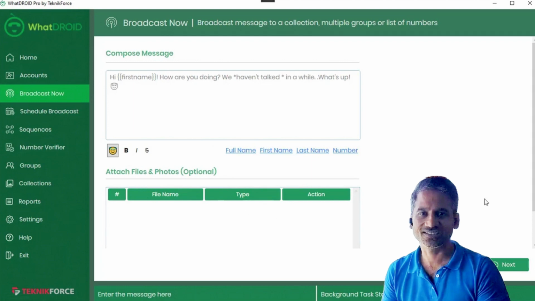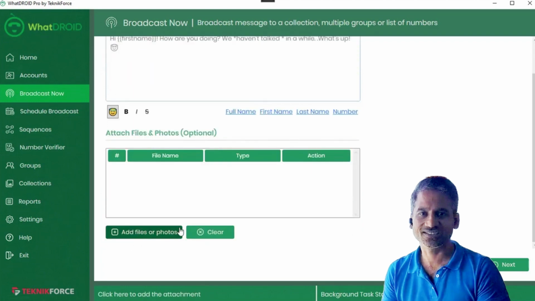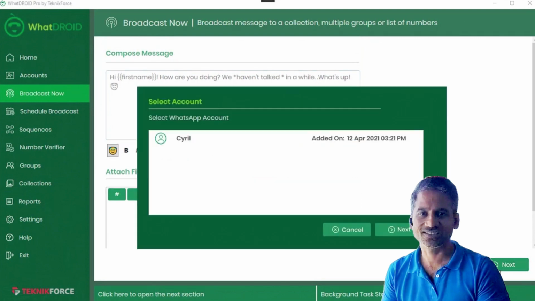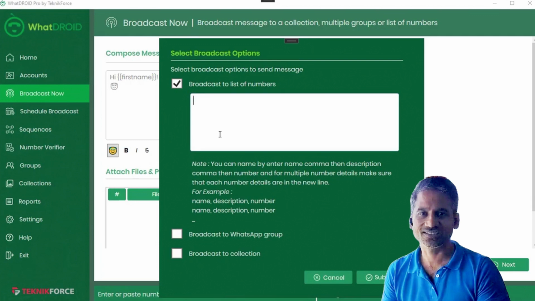You can even have attachments. So if you want to attach any image or photograph or whatever file you want, like a PDF, you can do that over here. Next, just select the account you want to use. So I was selecting this account, and then you can put in the numbers that you want to message. You can put in a list of any numbers you want. You can put in the country code first,